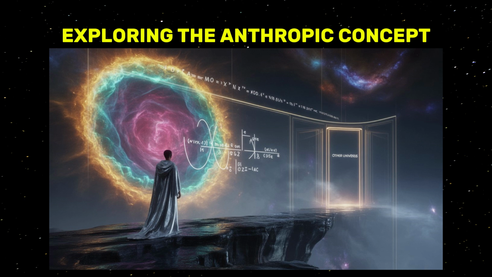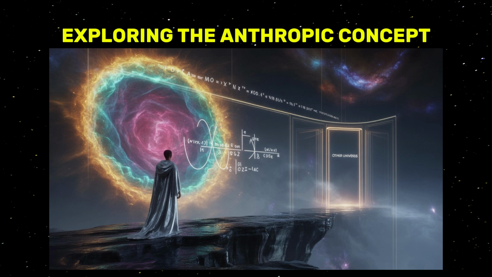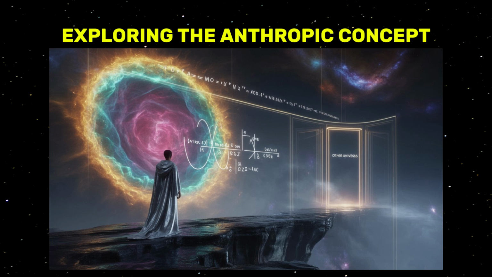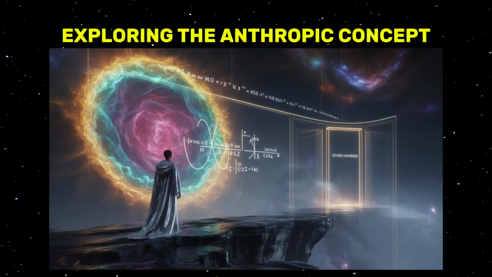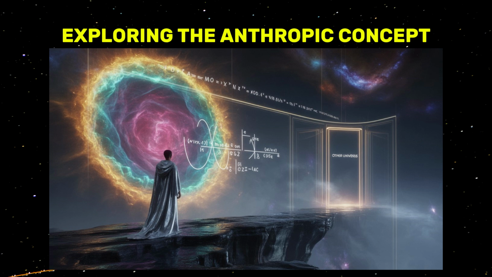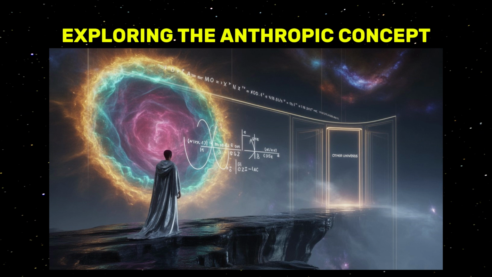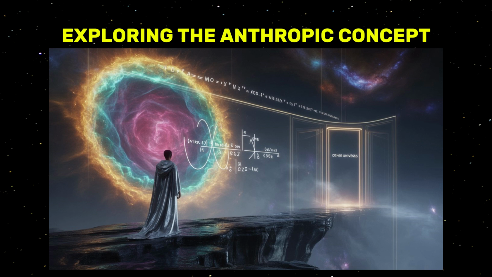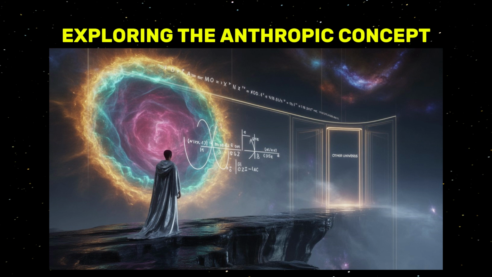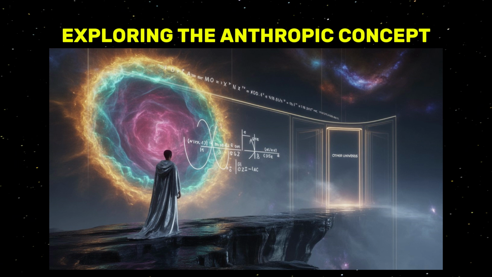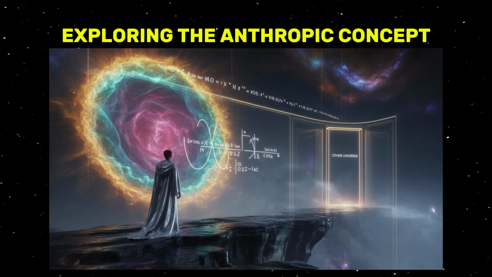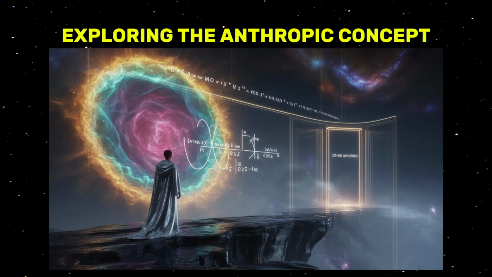1. Weak anthropic concept, WAC. This interpretation simply suggests that the universe must contain properties compatible with life because observers exist within it. In simpler terms, the reason we notice a life-permitting universe is because, had it not supported life, no one would be around to notice anything. It's a self-reinforcing idea, a tautology. It doesn't aim to clarify why the universe holds these features. It only points out that such conditions must exist for us to ask the question in the first place.